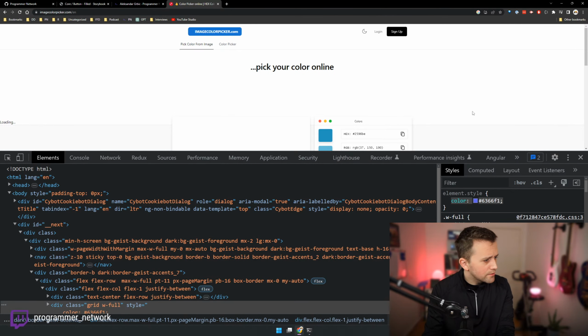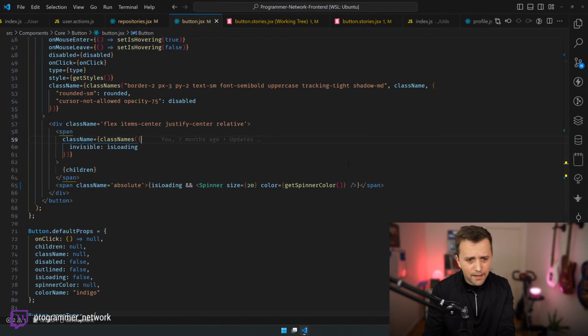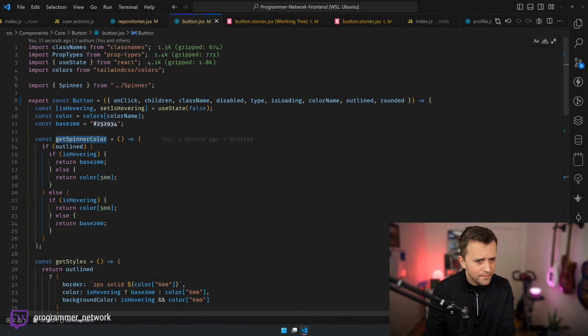Yeah. So that's pretty much what's happening, I think. For whatever reason, this returns: if it's outlined and it's hovering, return that. Otherwise, yeah.